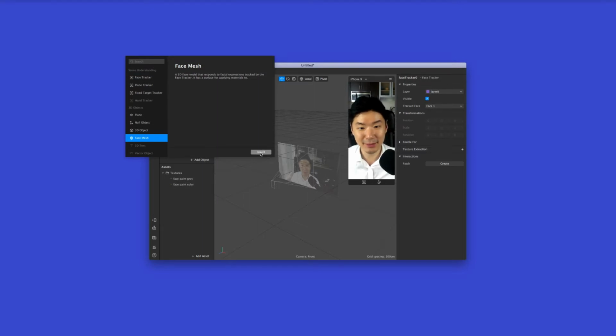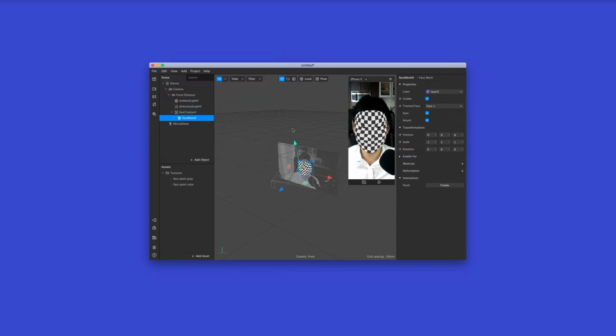And when I insert that, something pretty dramatic is going to happen to my face on the preview window. And that's going to look like this. So basically you can see that a checkerboard pattern is covering my entire face. And the black and white boxes are supposed to represent that no textures or graphics are actually present on top of me. So I'm going to go ahead and just rename the face mesh to face paint color